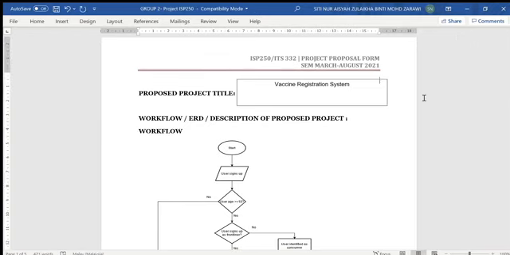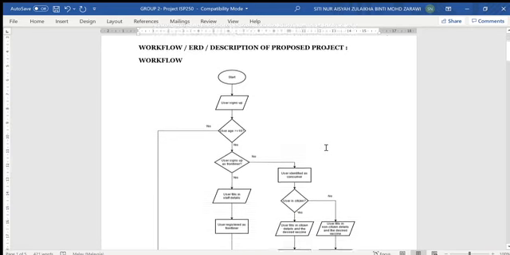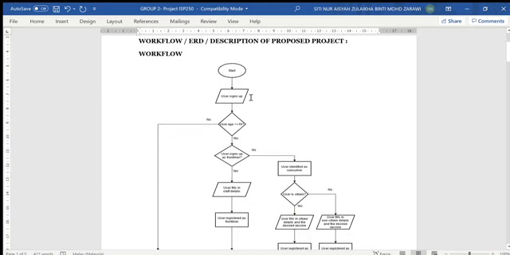Today we are going to present our proposal project, which is a vaccine registration system. So I will start with the workflow. Basically, we have the user signs up, and then